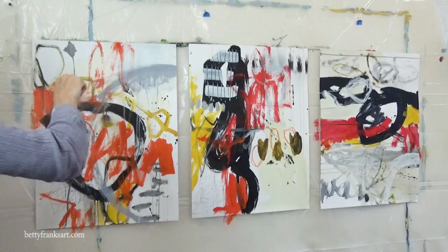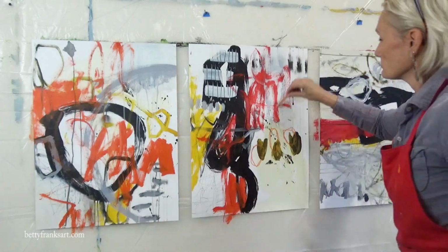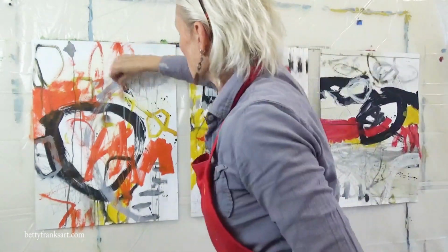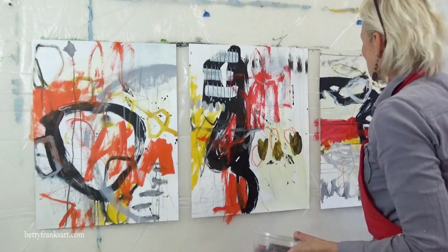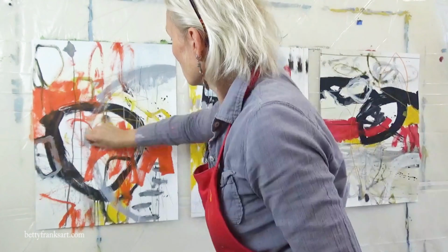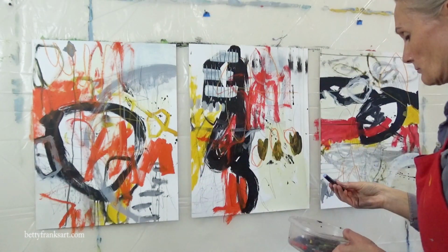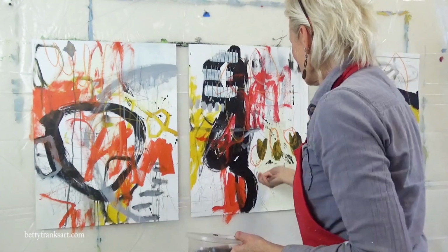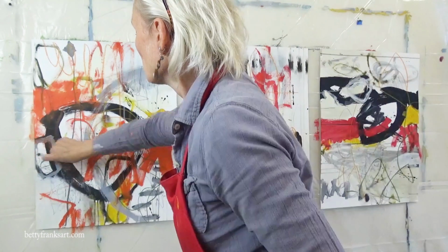So I just wanted to walk you guys through what I did here. Like I said, this was from a previous exercise I did, so this was already dry, ready for me to get started. Now, clearly, I didn't quite start the way I like to, which is I love to come in with some mark making first. I put down the red, and then I was like, oh, wait a minute, that's not my normal process. So I went and grabbed my little plastic container of different mark making tools,